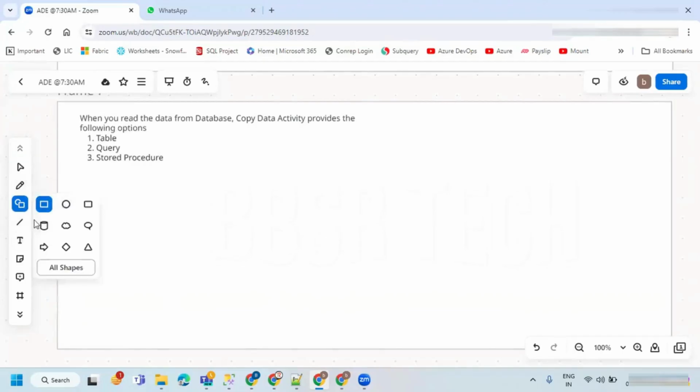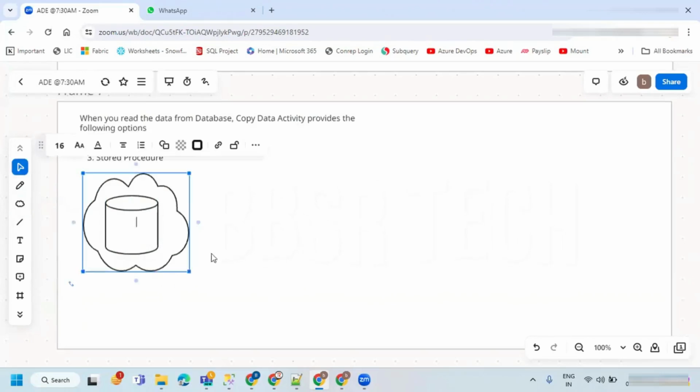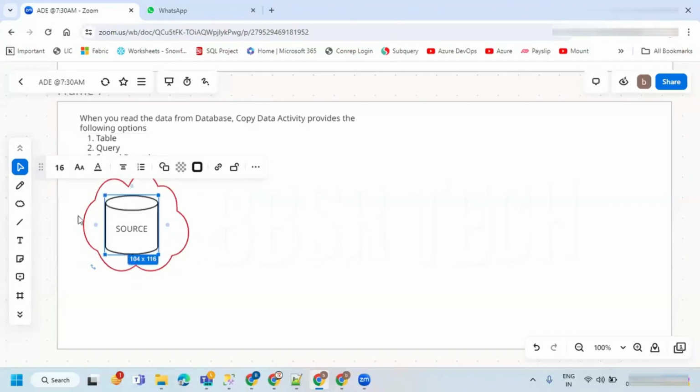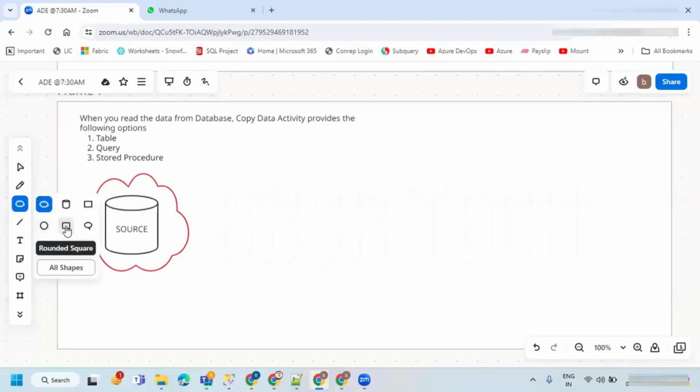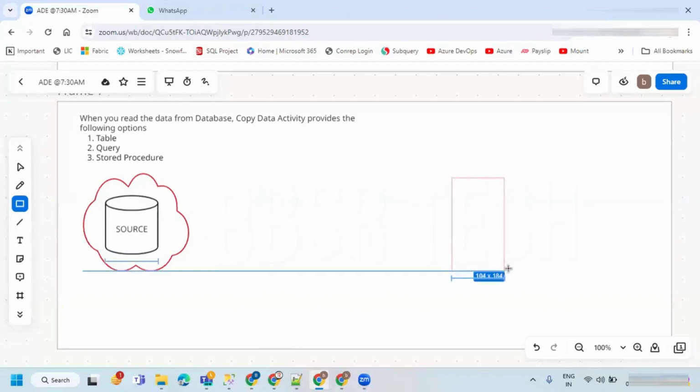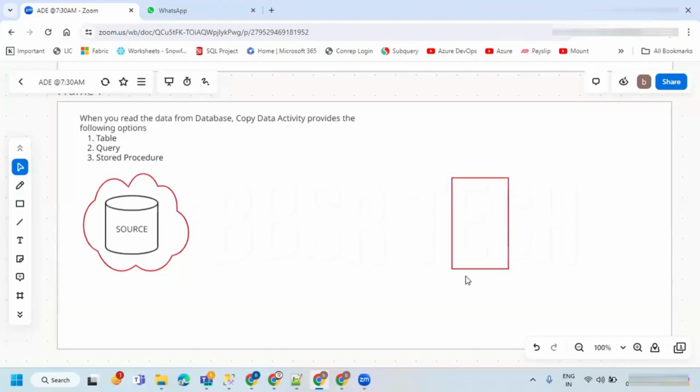I wanted to read the data from the database, but this database is there in the cloud. I'm just giving the name of the database as source, any name that we can give. And I wanted to load the data into the Azure Data Lake Storage Gen2. This is your target.